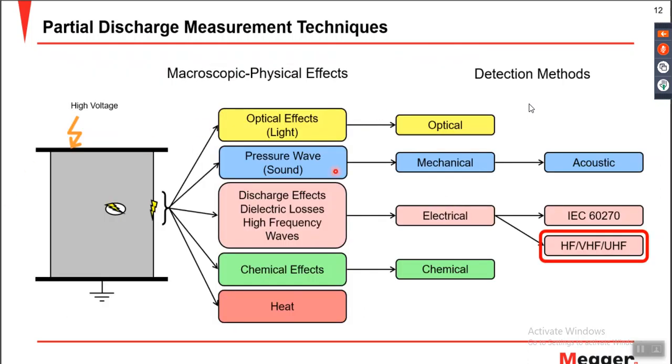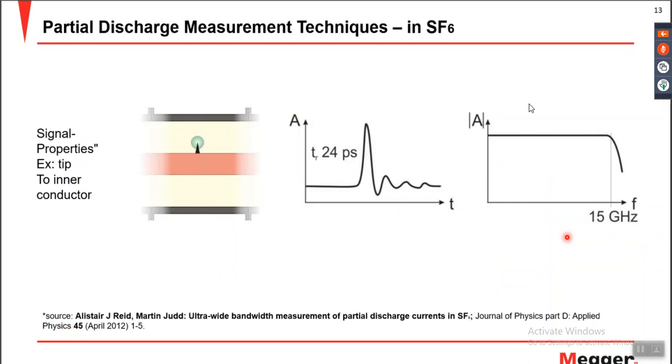And now coming to the other measurement techniques, which we focus on more when we talk about on-site testing for the GIS. One is the radio frequency and another one is the acoustic measurement. So now we are coming to the UHF measurement. The question arises: when we talk about the GIS, why do we have to go for the UHF measurement? Just to give you an example, if you have